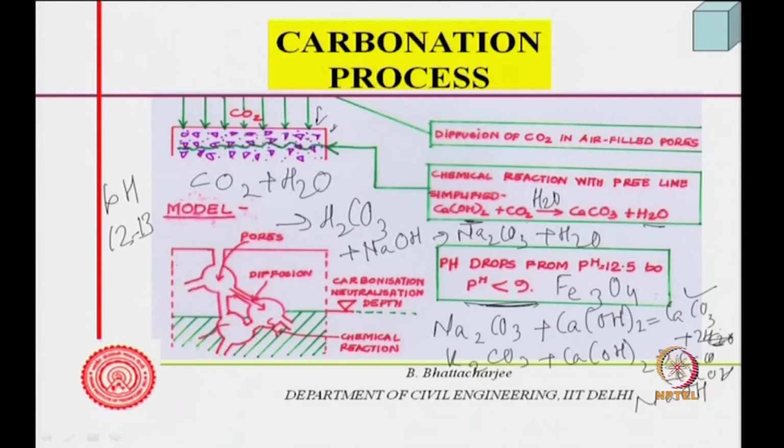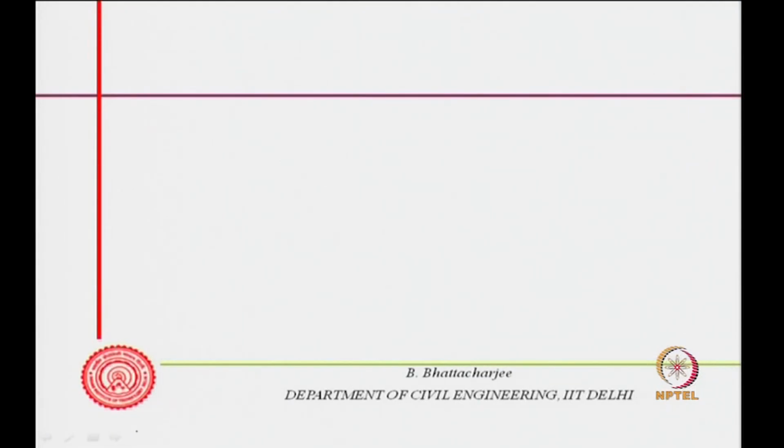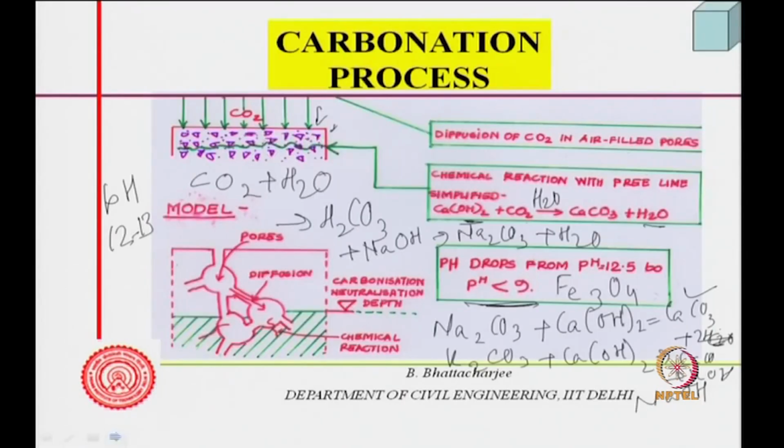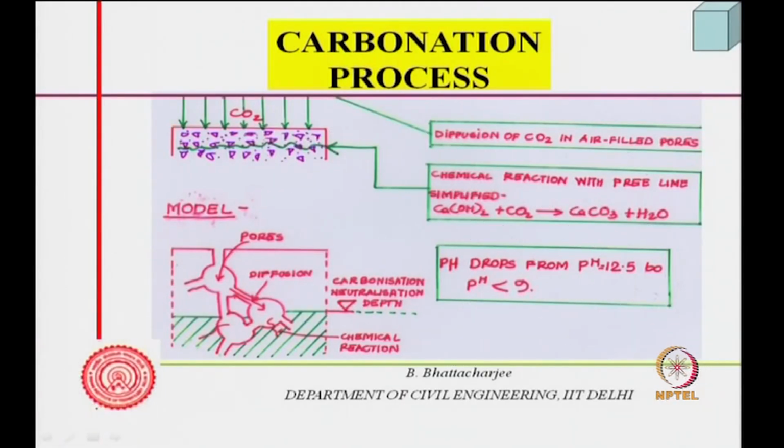Now, therefore, what we see is pH can get reduced down by consumption of the alkaline material. Intermediate steps are not given here, but I just discussed them. But how does the carbon dioxide penetrate? It penetrates through the pores in the system,